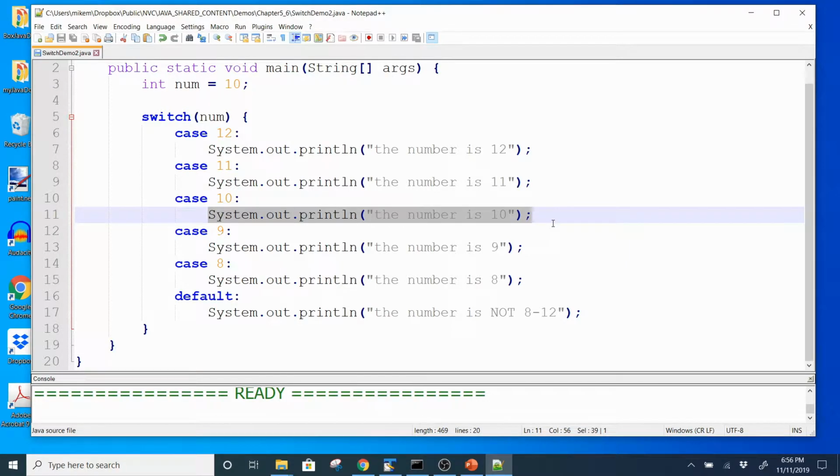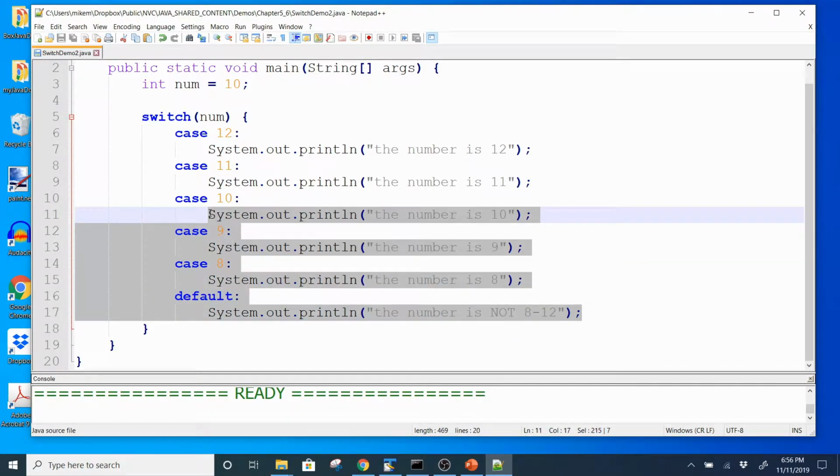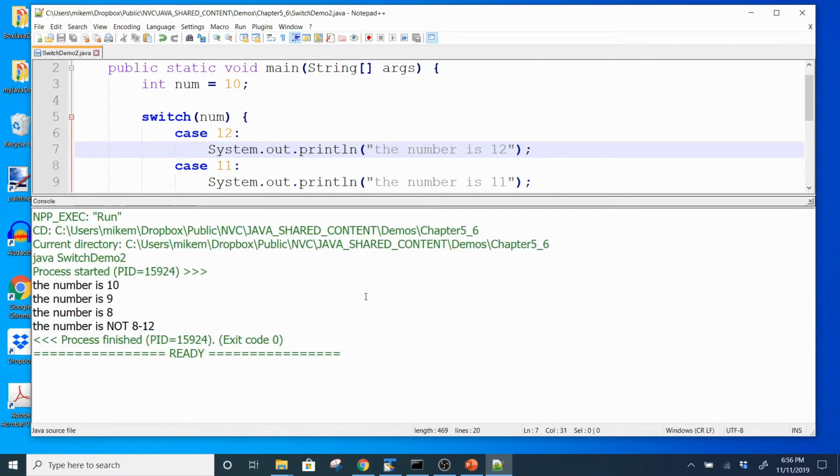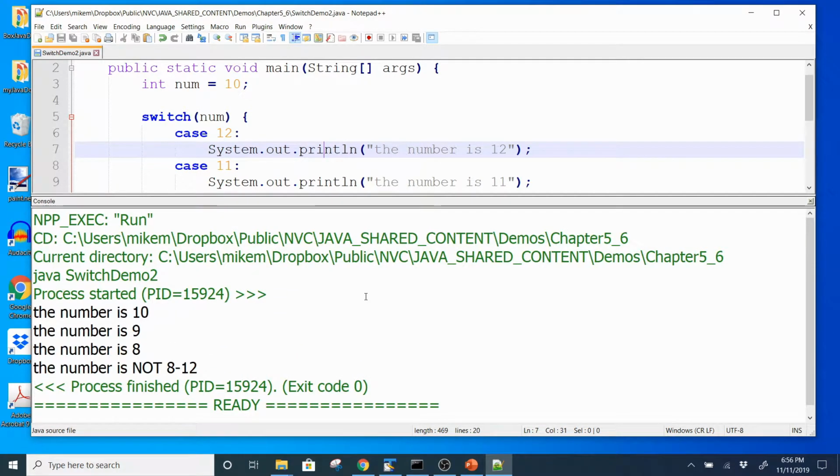Since there's no break, it's going to print out num is 9, num is 8, and the num is not 8 through 12. It's going to print out all of those, right? So when I compile and I run, and if you look at the results of me running, that's exactly what it did. Okay, so that's why it's important to put a break statement, because perhaps this is not the desired